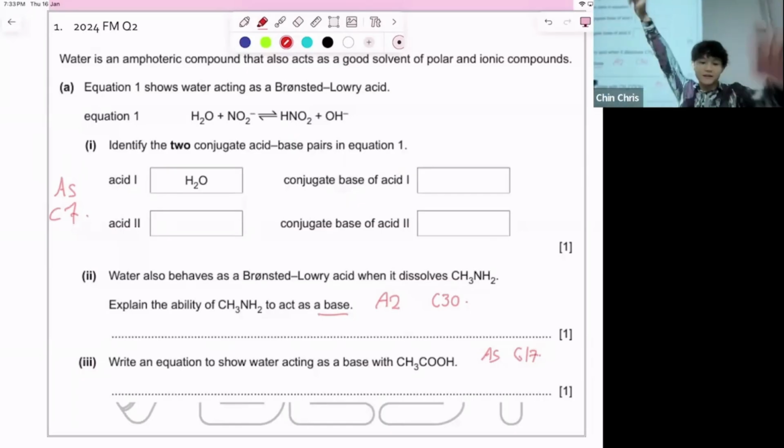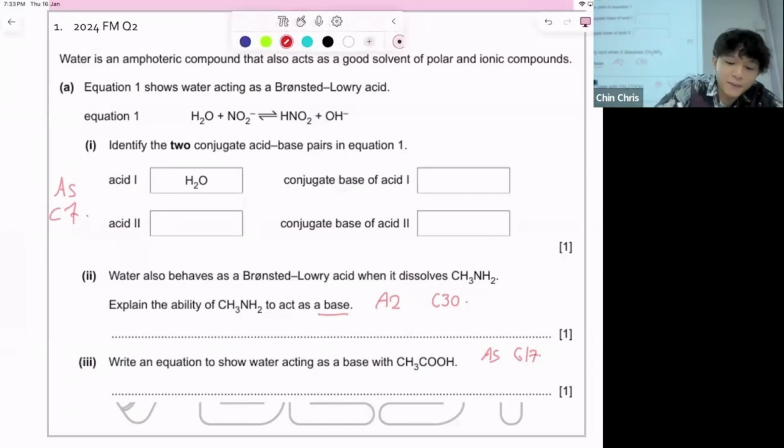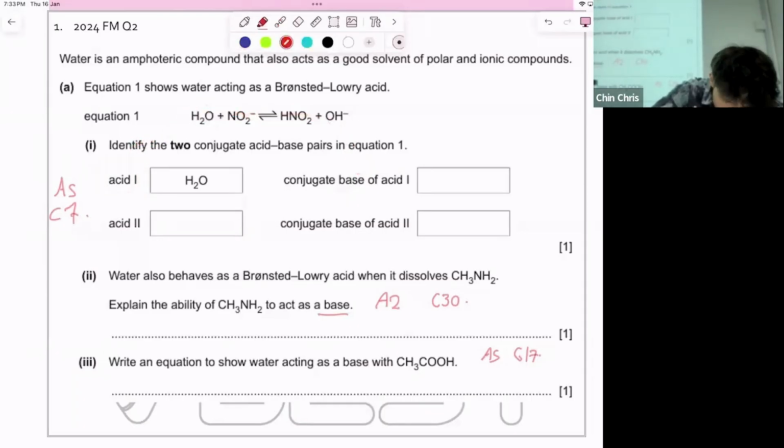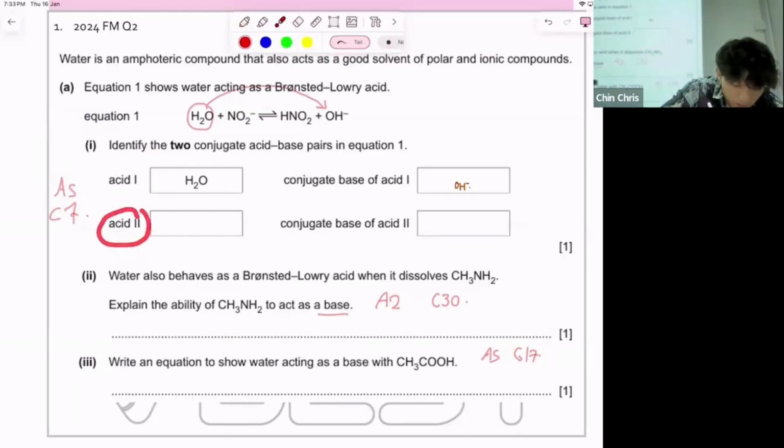All right guys, let's go. Again, what did I mention about acid? Acid forms conjugate base, right? And base forms conjugate acid, right? So guys, what is acid again? Please tell me. Acid is a proton donor, right? So guys, can I write it as NO2 minus and